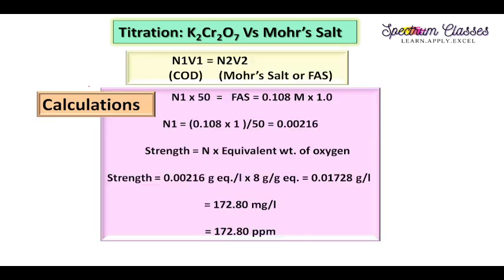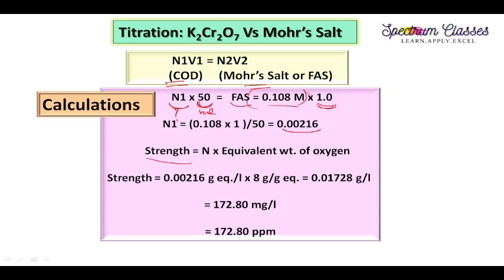Now the calculation part. I am just going to do the calculation with N1V1 is equal to N2V2. Since I am going to determine the chemical oxygen demand against FAS, the normality of this sample I do not know, this is questionable, and 50 ml of sample I have taken. This 50 ml FAS, I know about this FAS. So for this FAS we are having this molar solution, this much from the equation, and 1 ml of FAS is consumed for this solution. So on solving we get this much normal solution.